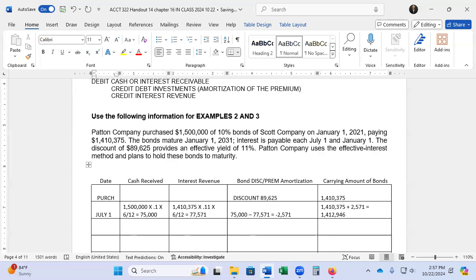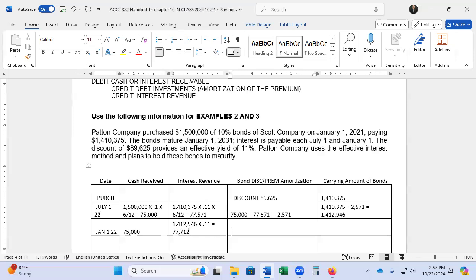And then at year end, so January 1, 22, we're going to make our calculations again. The interest calculation remains the same. That's consistent based on the face value of the bond, 75,000. But now we're taking 1,412,946. Oops. And we're multiplying that by 0.11. And that's going to give us